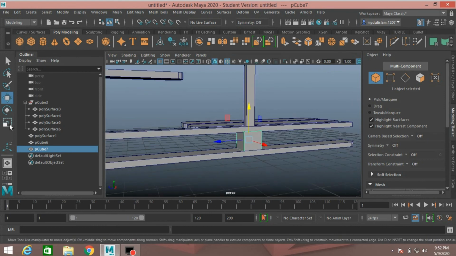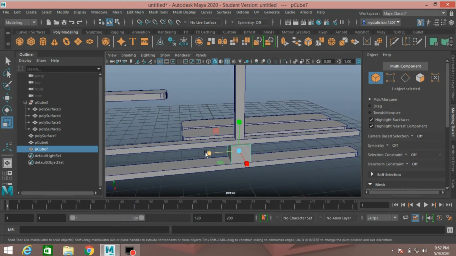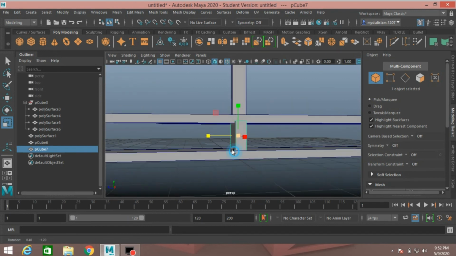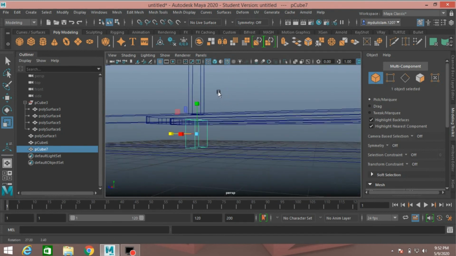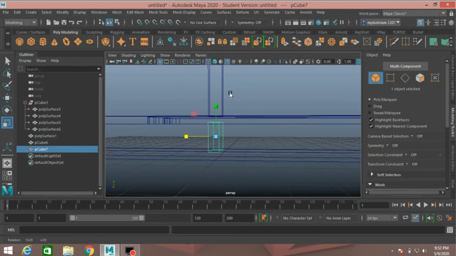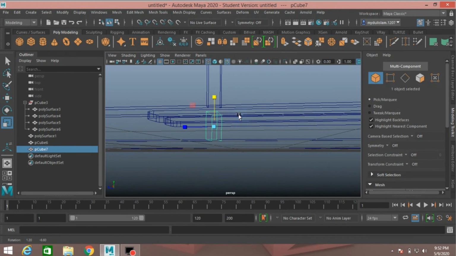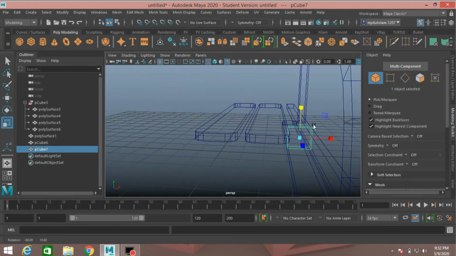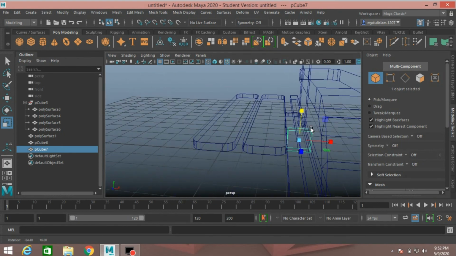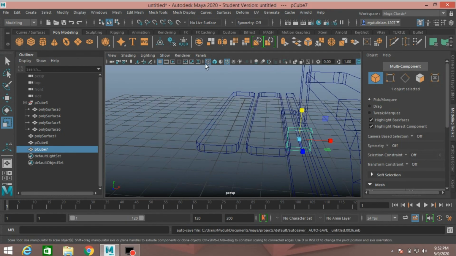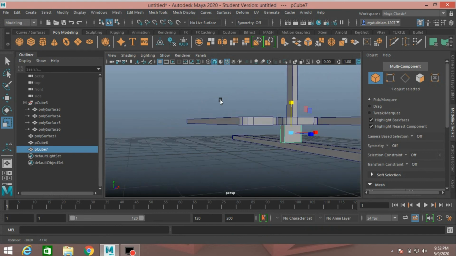Now select scale tool and scale it just like this. Go to wireframe mode and scale slightly just like this.